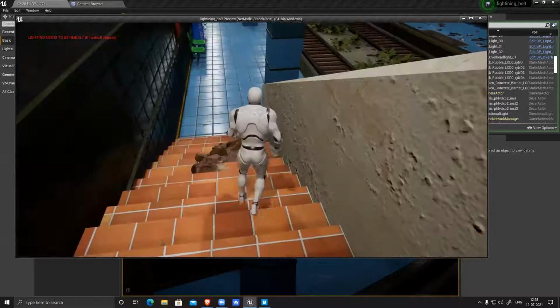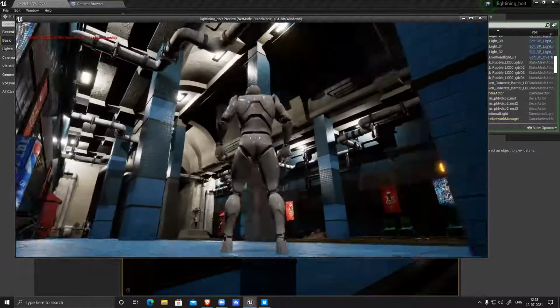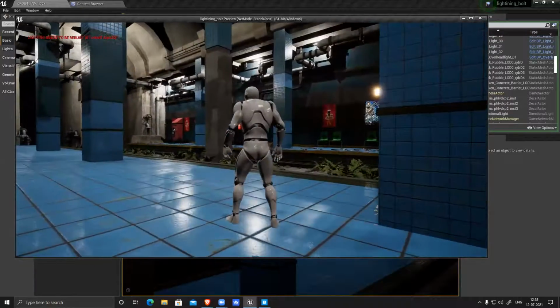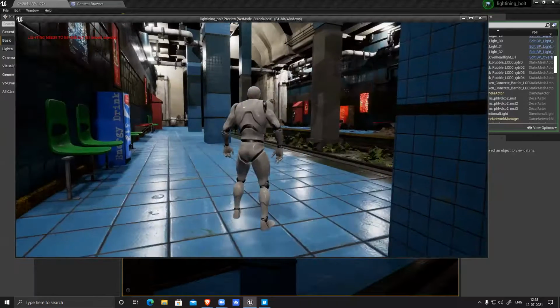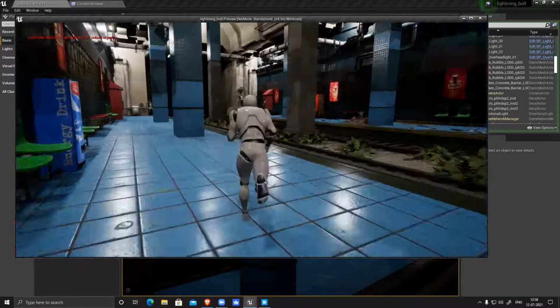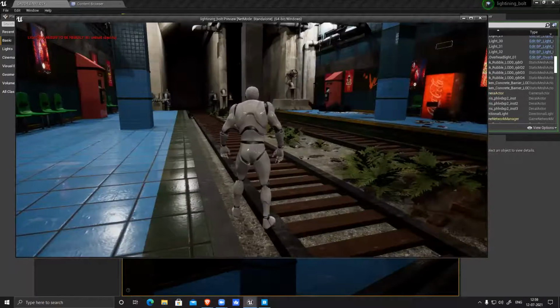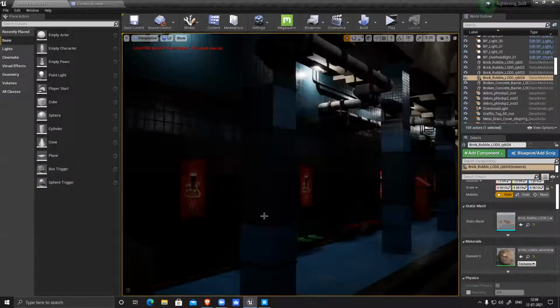So I need to add more dirt, more things, and plus I need to have a light source from the top. So I need to create a hole in the ceiling, one or two holes, or maybe one wall is broken or something, or maybe that tunnel I can break and make a hole there, like light is coming inside from there. We can do that to make our scene more interesting. So add more details, more things, and you can see those dust particles are there, sometimes moving. It makes your scene more interesting. So small details, we'll do that.